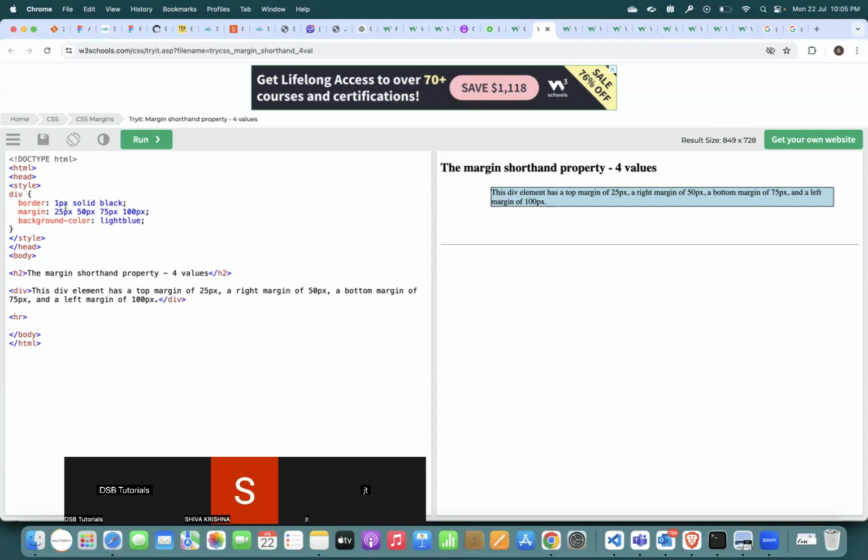With four parameters, this is top, this is right, this is bottom, this is left. Top is 25 pixel, this is 50 pixel, this is 75 pixel, this is 100 pixel. This is about four parameters. If I change to two parameters, then see, this is